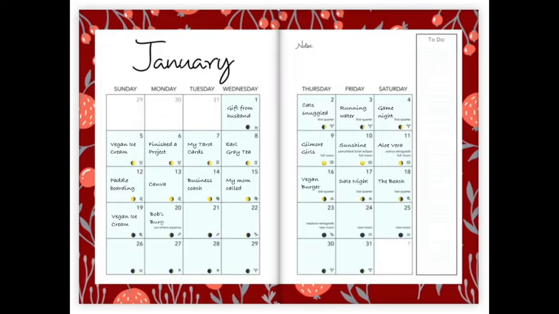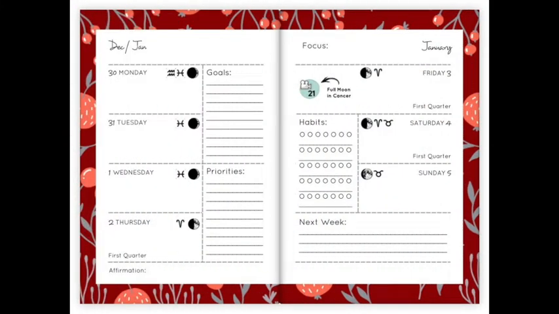And then there's also space on this page to make notes about what you're learning or what you are planning, or a reminder. And then there's a to-do list as well. You can use this space to remind yourself of any bills that need to be paid or anything that's coming up that you would like to see on a monthly view. There are other weekly pages throughout the planner.